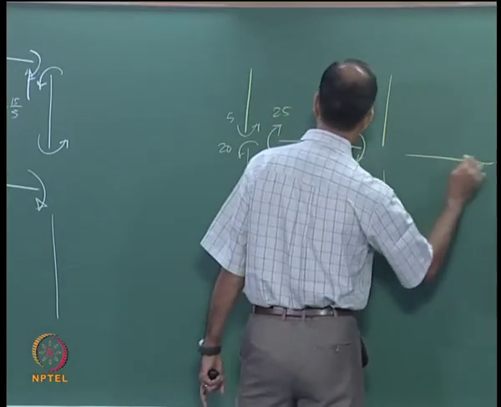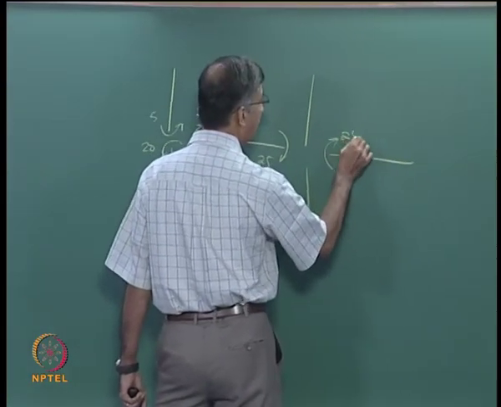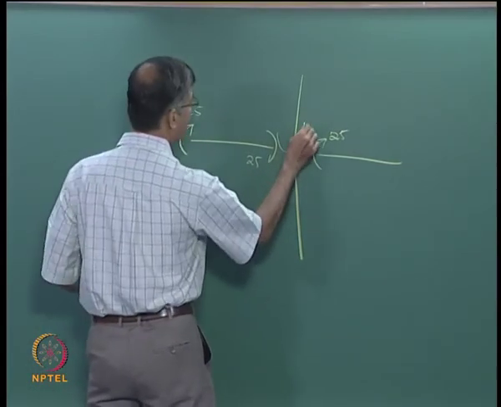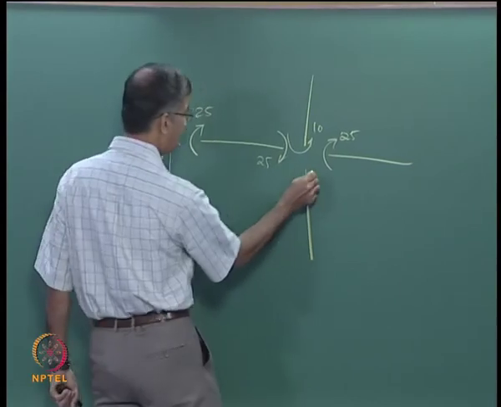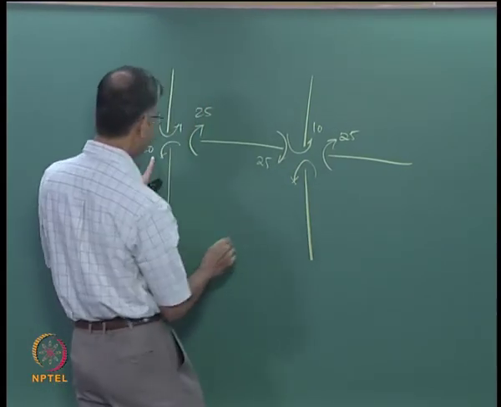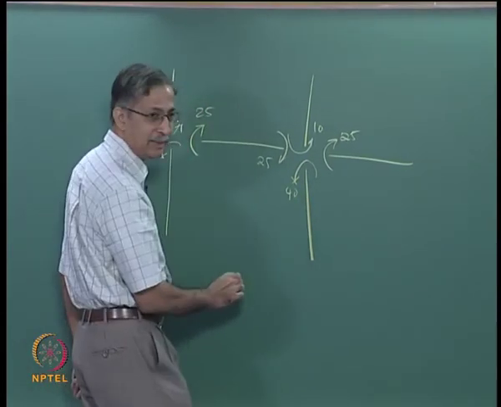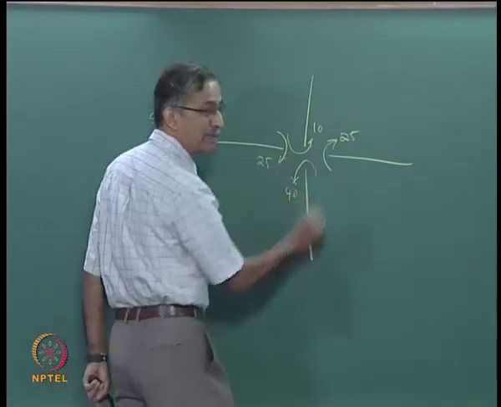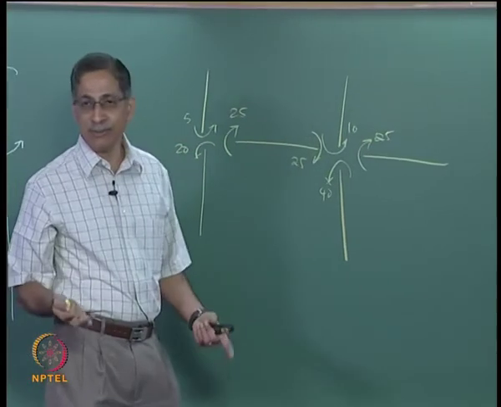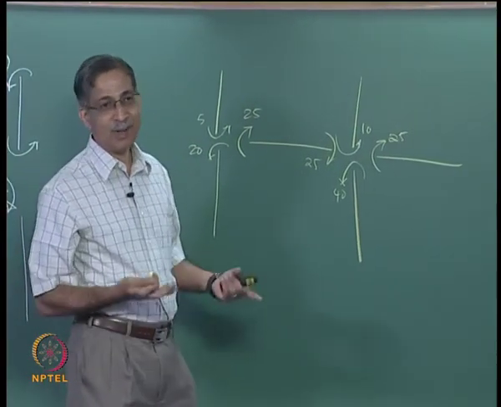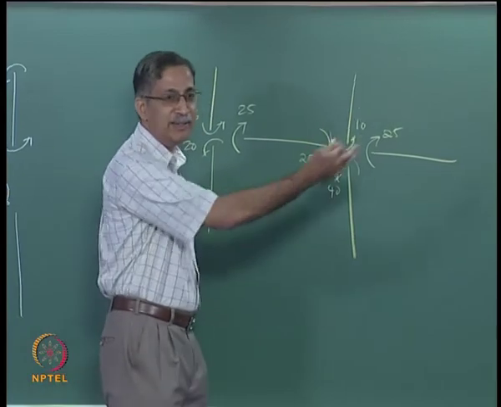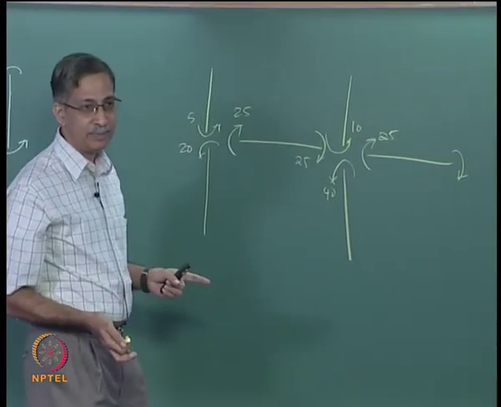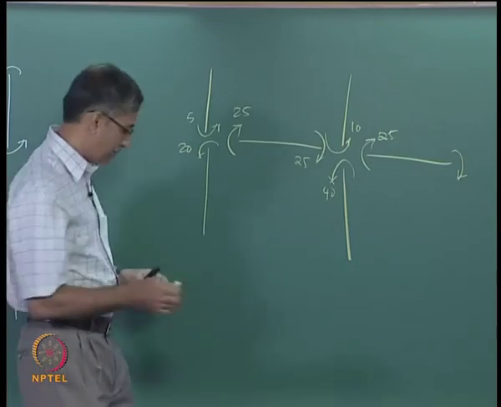This beam, what's the moment here? This is also 25 because all the beams will have the same moment. This was 2 times 5, which is 10, and this is 2 times 20, which is 40. 40 plus 20 minus 25 is 25. That is how you work out, but you do not need to do this because this will always work. You get only 25 in all the beams. Is it clear? So we worked out everything logically. Does it make sense? So it is very easy to do.